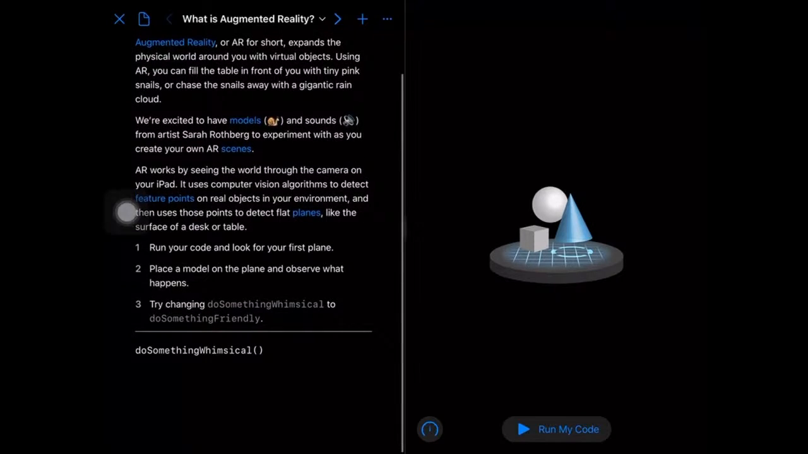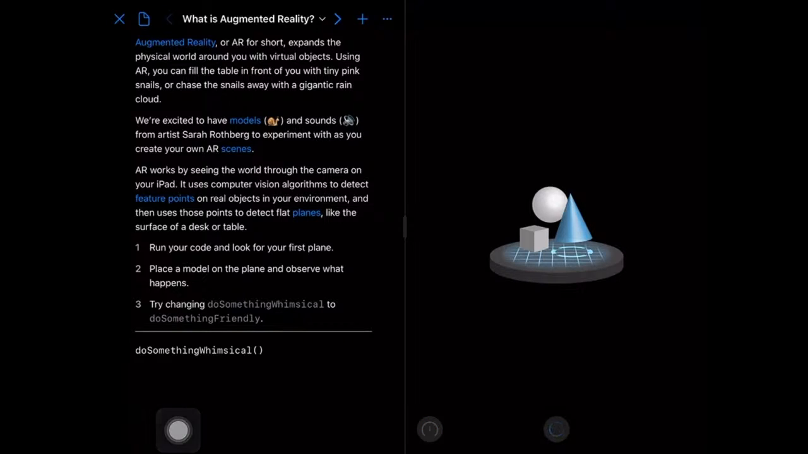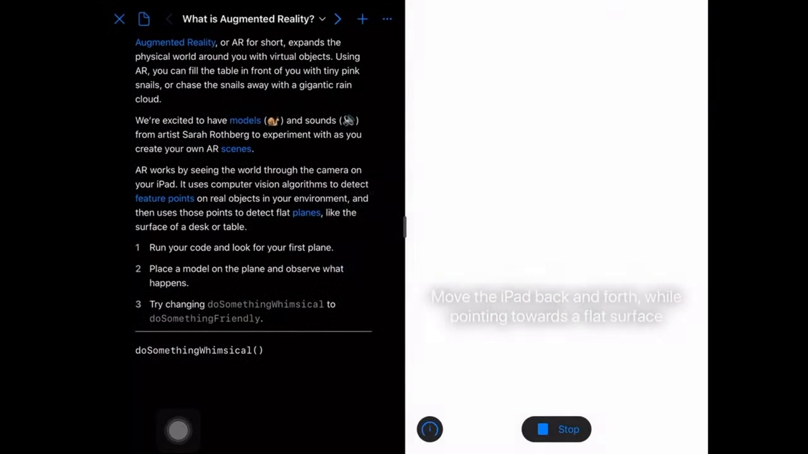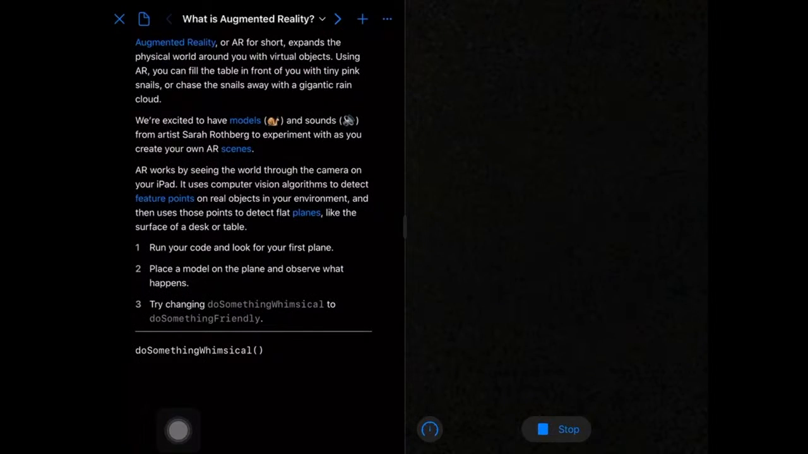All right, so we have some models, some sounds, feature points. All we're going to do is run this. We're not going to write any code today in Swift Playgrounds. We're just going to run this thing. It says there's a function called do something whimsical. Well, let's find out what that is. Let's hit run my code. It's going to ask me if I can have access to the camera, which I will let it. And now it's not saying anything because